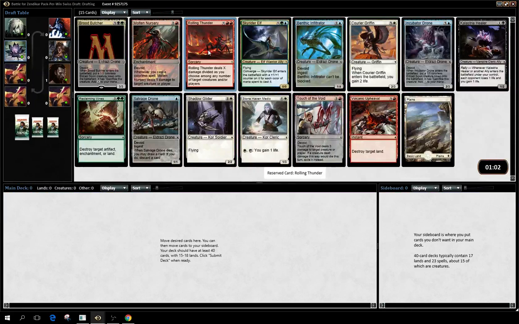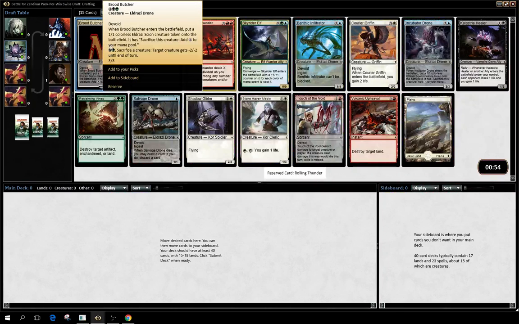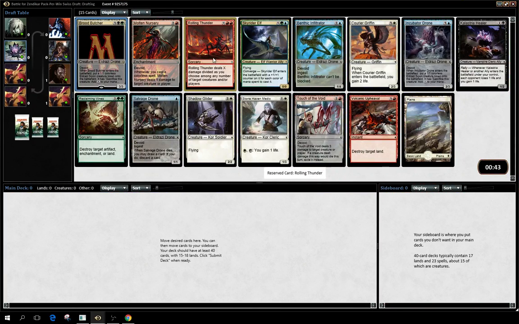Rolling Thunder is the first one that's, to me, probably the most powerful card in the pack. Our rare is this Brood Butcher. Gold, 3/3 for 5, comes with 2 friends. Comes with 1 friend. And you can sack it to do some damage. I don't mind that card, but I don't like to go gold early, so I'm going to stick with Rolling